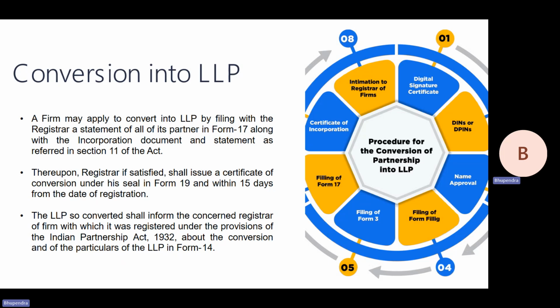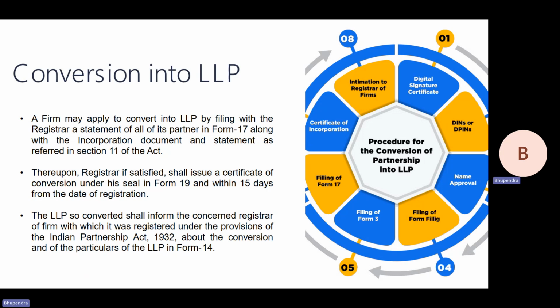तो a firm may apply to convert it by filing with the registrar, all its partners, specifically mentioned that all its partners statement होनी चाहिए form 17 और incorporation documents होने चाहिए जैसे LLP agreements, other agreements between the partners, तो वो भी मेंशन होना चाहिए फॉर्म नंबर 17 में। नाउ रजिस्ट्रार के पास वो फॉर्म जाएगा फॉर्म 17, सेंट्रल गवर्नमेंट की अप्रूवल्स करेंगे और 15 डेज में रजिस्ट्रार फॉर्म 19 में डेट ऑफ रजिस्ट्रेशन के 15 डेज में फॉर्म 19 इशू करेगा जो सर्टिफिकेट ऑफ रजिस्ट्रेशन। दिस इज ऑब्वियसली द इंपॉर्टेंट डॉक्यूमेंट फॉर एन एलएलपी।